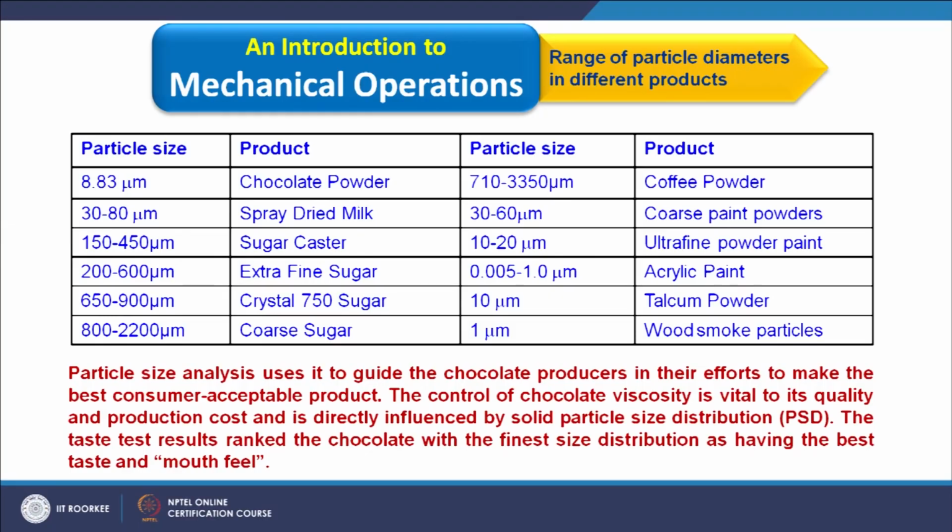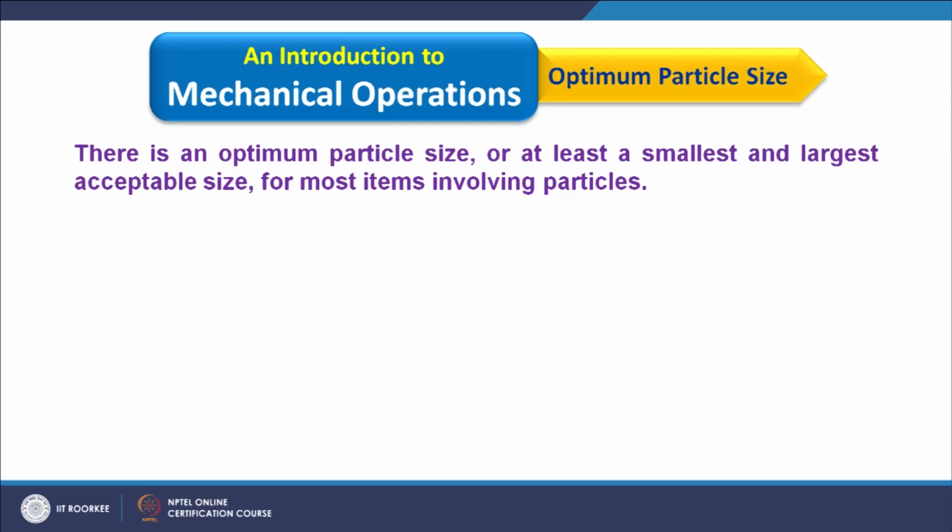So, therefore, if we consider the chocolate and if we want to have the mouth feel, we have to choose this particular size. And right now, the chocolate loving customers really love such kind of feeling. So here this is another example of how the particle size basically makes a product successful or a failure. In continuation to this, I am having some optimum particle sizes.